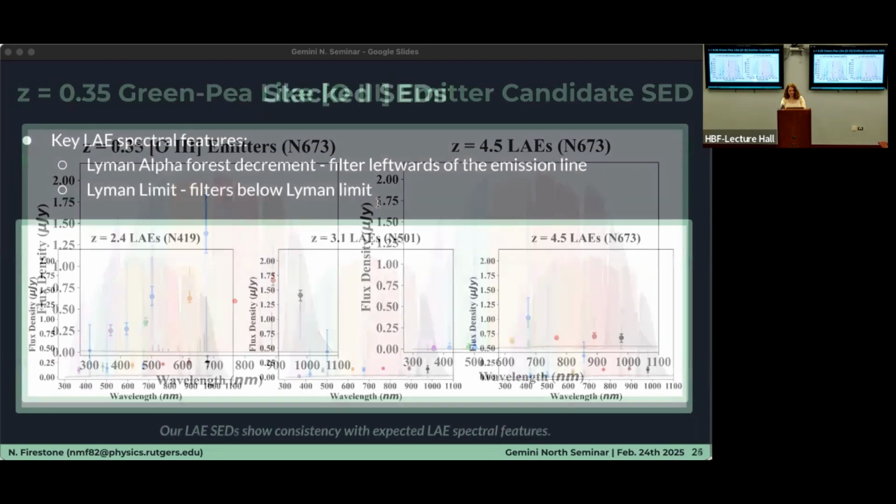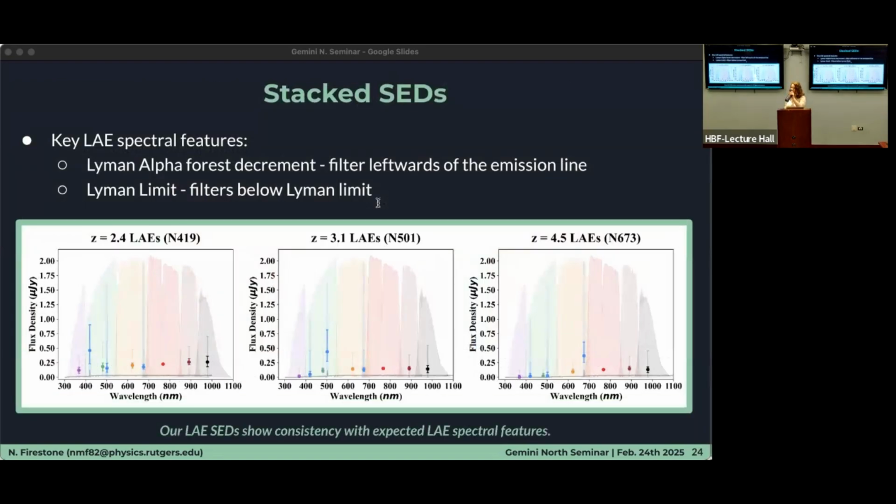Nicole, one quick question. Yeah. Your guys' observing strategy was to go to a similar multiple of L star at these different redshifts, or was it everything the same depth in terms of AB magnitudes? Everything was the same depth. Okay, so you're probing brighter LAEs only at redshift 4.5. Oh, I see what you mean. Yeah, we did have different 5 sigma limiting magnitudes for each of the samples. But are you roughly probing like 0.5 L star, 0.1 L star to each one of these redshift ranges, or are they actually considerably different?